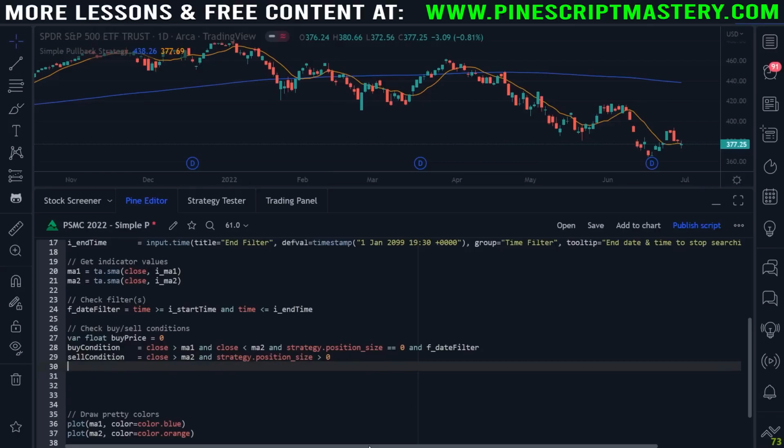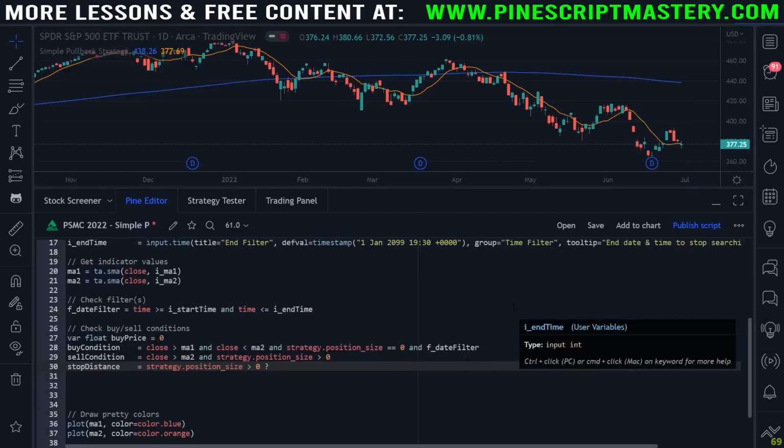So our stop loss, remember, I'll start with calling it stop distance. And stop distance is going to be set to, and now this is completely optional, what I'm about to do next. It does make the code a little bit more difficult to read, but it will make our plots easier on the eyes. I'll show you what I mean in a moment. But what I'm going to do is check, is our strategy position size greater than 0? Question mark. If so, if this condition is met, then we want to calculate our buy price